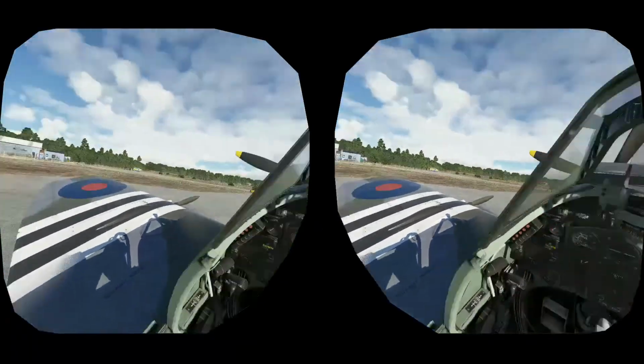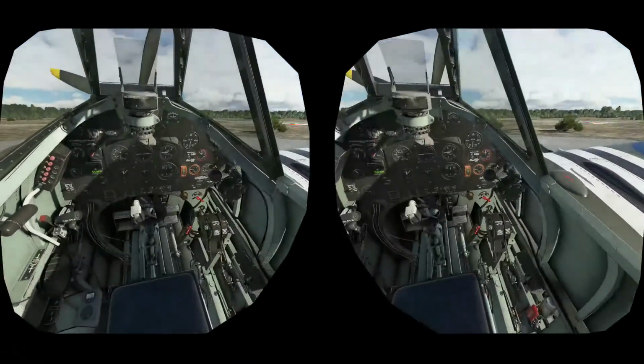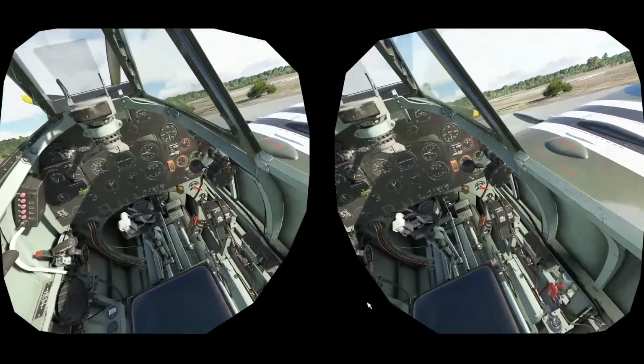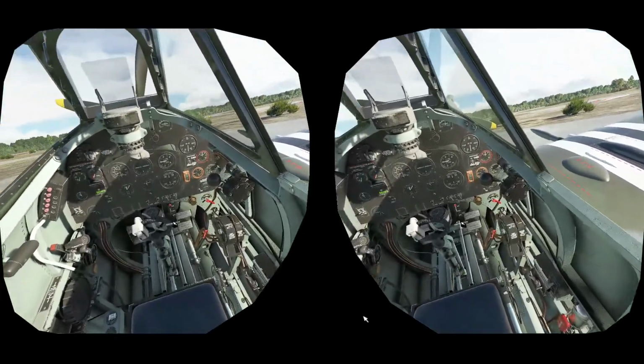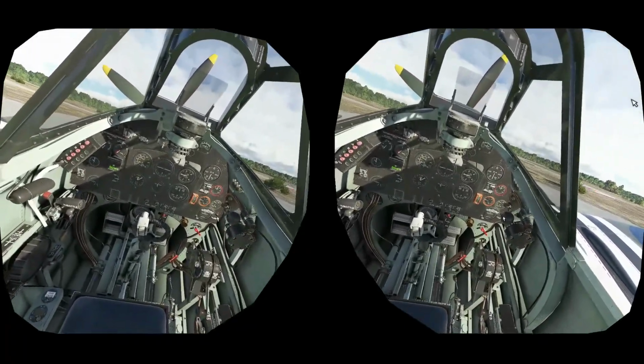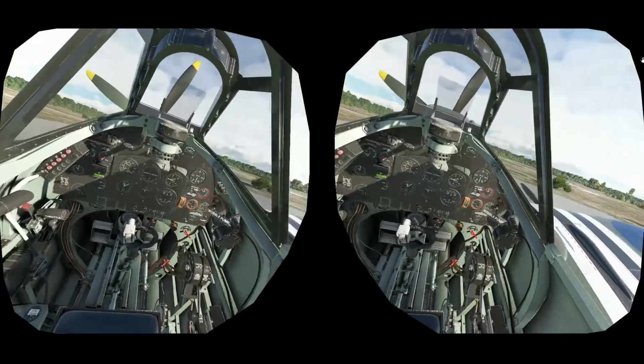Alright, the Spit. As you can see, I have the clipped wing version. And let's start her up. So first of all, fuel on. I already flew a little bit, so the light is off here, so there should be pressure there, but